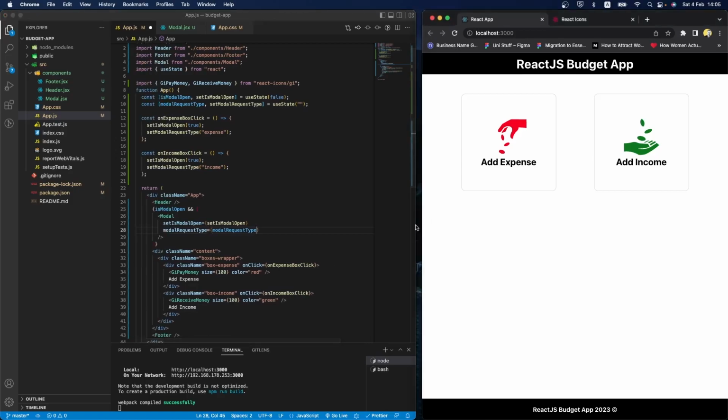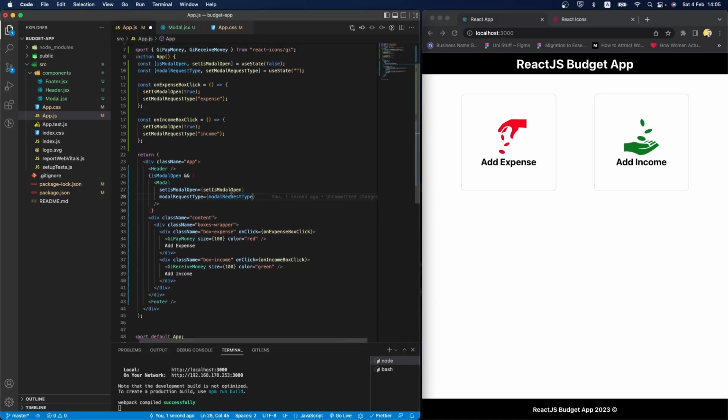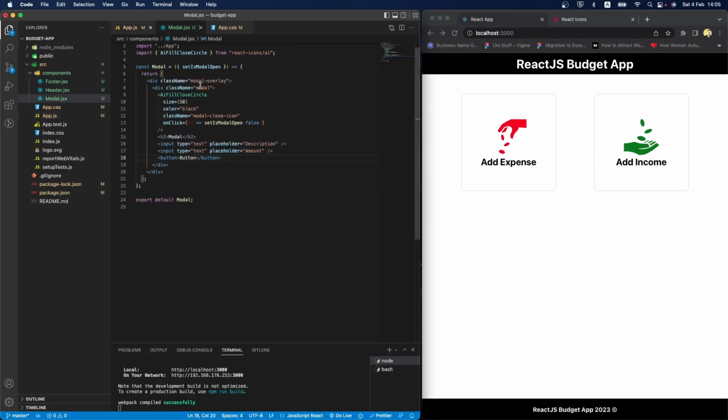And let me increase the size of this code editor a little bit. And once you have this, you can copy the prop name you have given and go back right here and put it in the props, destructure it from the props, and here you can do a conditional check. And you can basically open curly braces and say if the modal request type is expense, okay, then you want to say add expense. Otherwise,